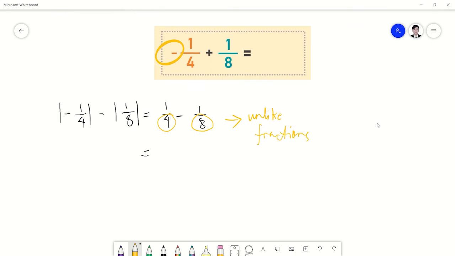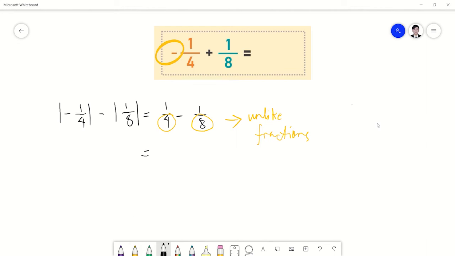So what you need to do here is figure out the LCD, or the least common denominator, or from your previous lesson in grade school, that is LCM. So we will now consider